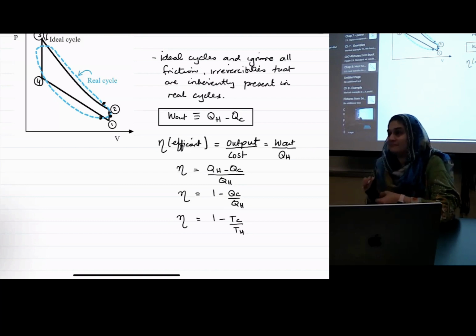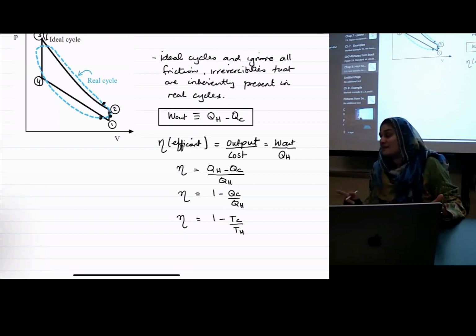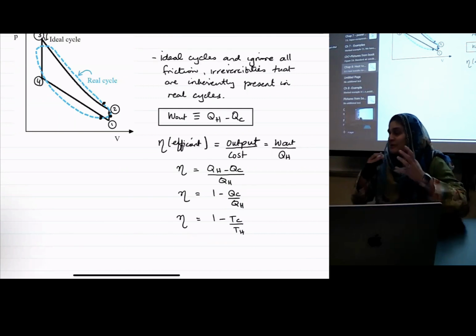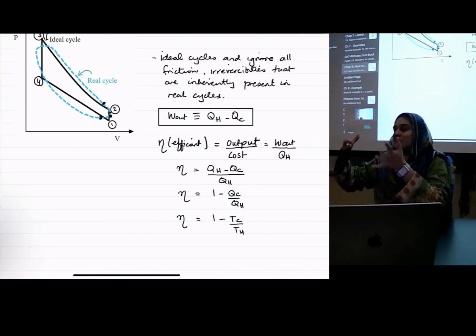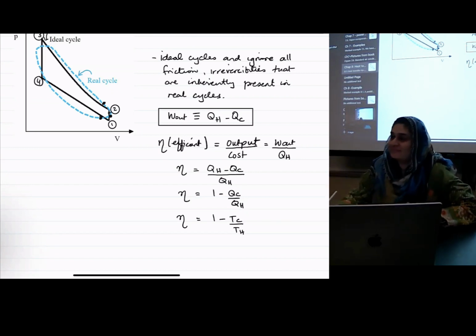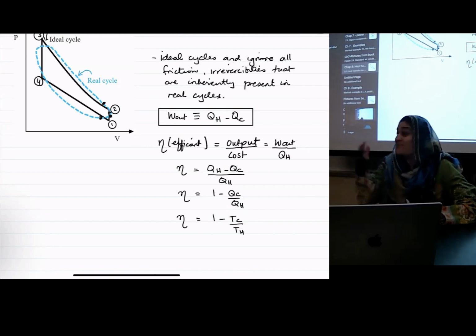Right? Yeah, exactly. So the only thing you'll know is TC and TH. And also, even in that case, the TC may change depending on atmospheric conditions. Right? Between the winter and the summer. If your power plant is dumping the heat into the river, your TC is going to change. Because it's the river water that's going to define what your TC is. Right? So yes, in reality,